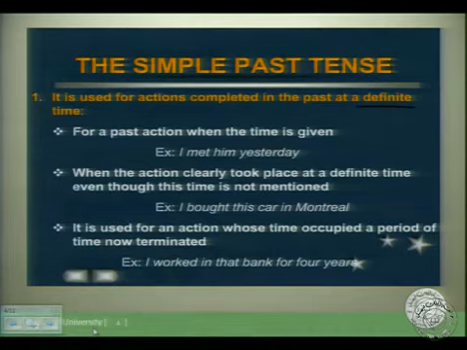You know the time of that action. For a past action when the time is given: I met him yesterday. So yesterday is a definite time, a known time. When the action clearly took place at a definite time, even though this time is not mentioned: I bought this car in Montreal. The time is not mentioned,